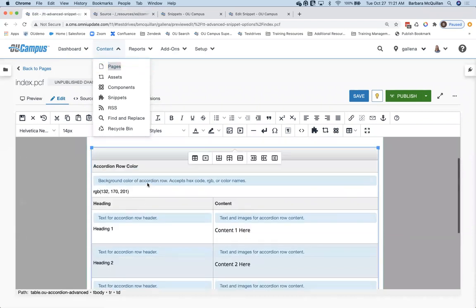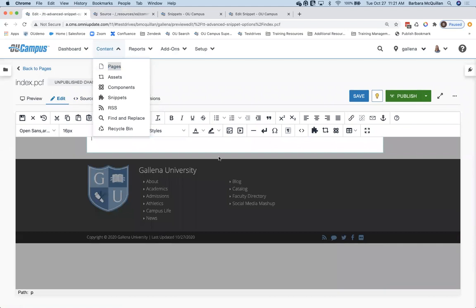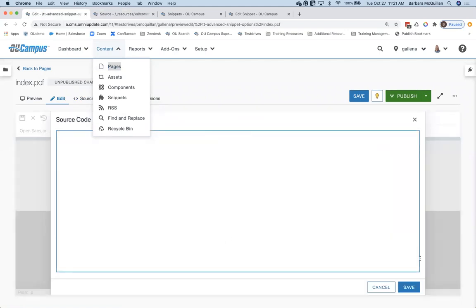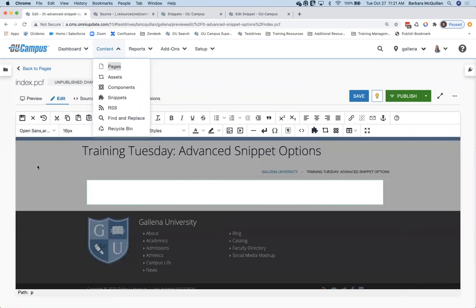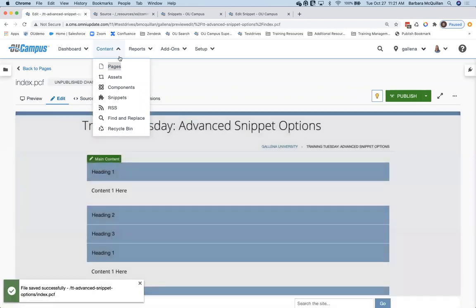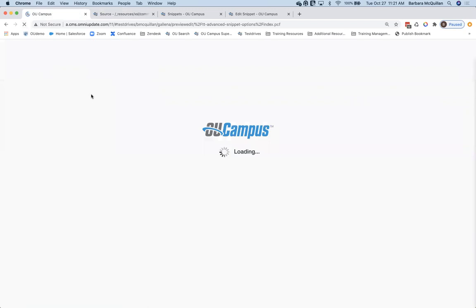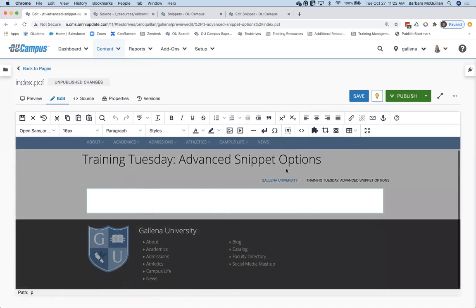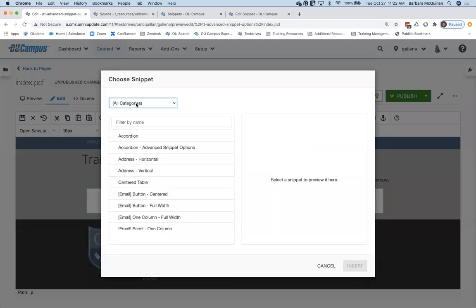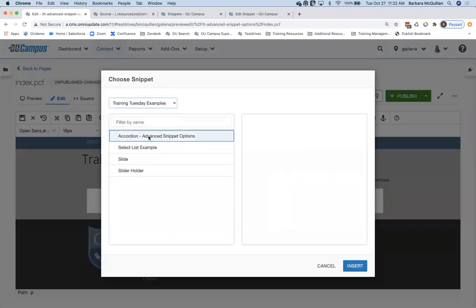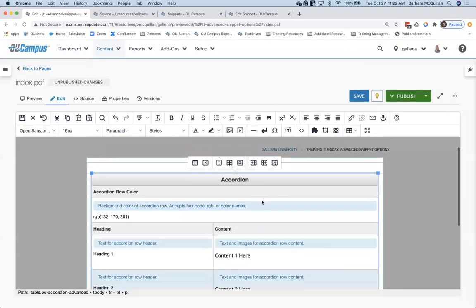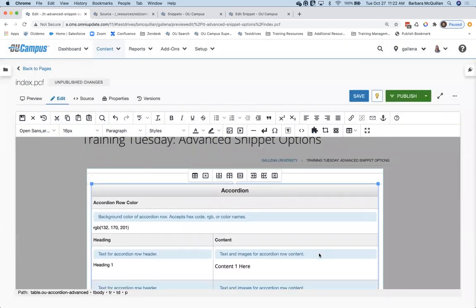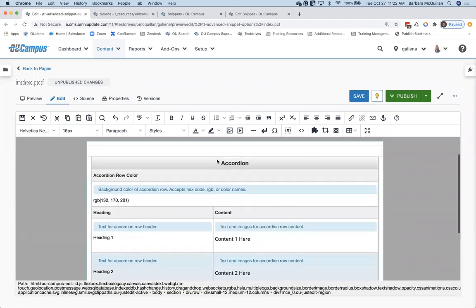Back over to my page, I'm going to delete out everything that I have here. So I have a completely empty region. We'll do a quick refresh. Good. So opening up this space here, I'll go ahead and insert that snippet again. Now, notice, oh, I have that little pop-up. Let's kind of click off of it. There we go. So now I have my table separator here.